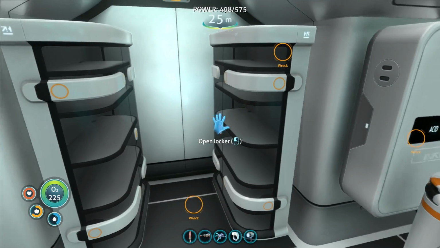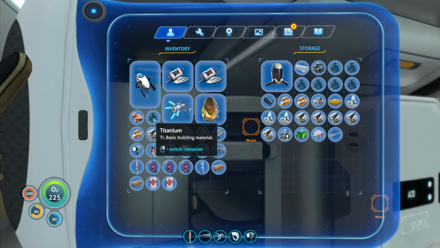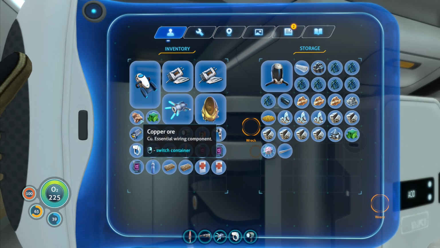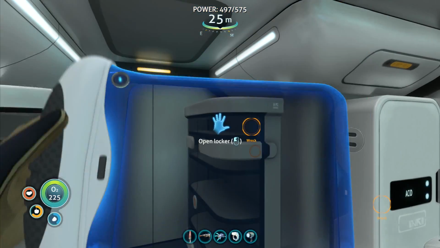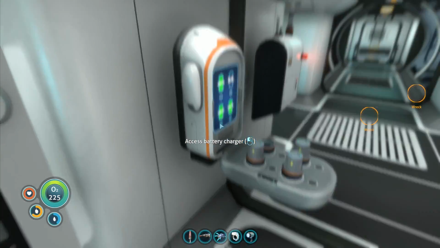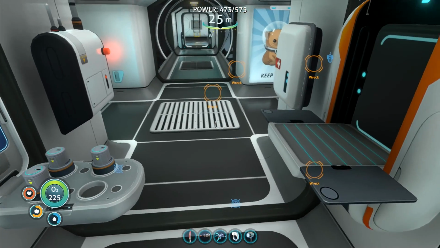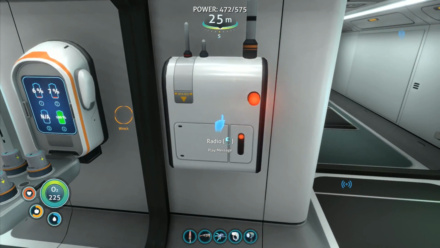No, I don't want you. I know we got a radio transmission. I'm going to look at that in just a second. I'm first going to get rid of that titanium. I got copper and gold, lithium, copper. Yeah, I'll leave the ion cube here. An unidentified creature egg. I'm going to leave you, Mr. Creature Egg, in there. And then we got some metal salvage, and we got some batteries to deal with. I just dropped that titanium in there. I've done the batteries. I've got a radio beacon on me, so when I do eventually find the next place...